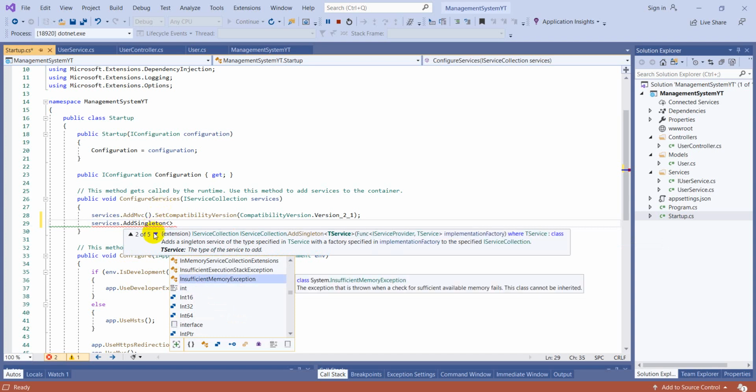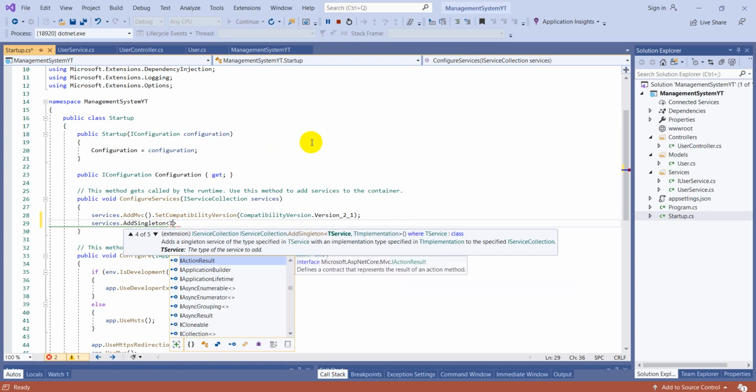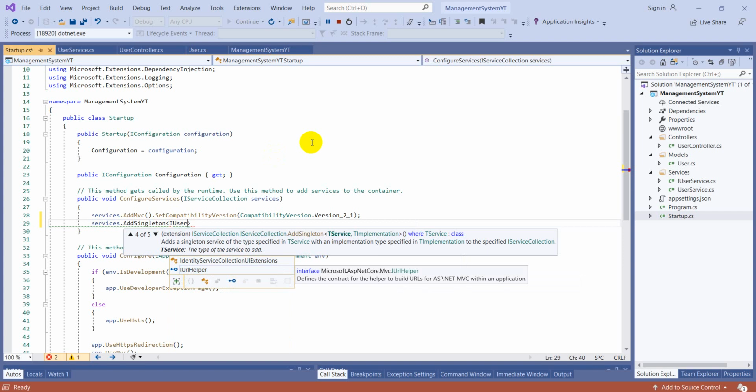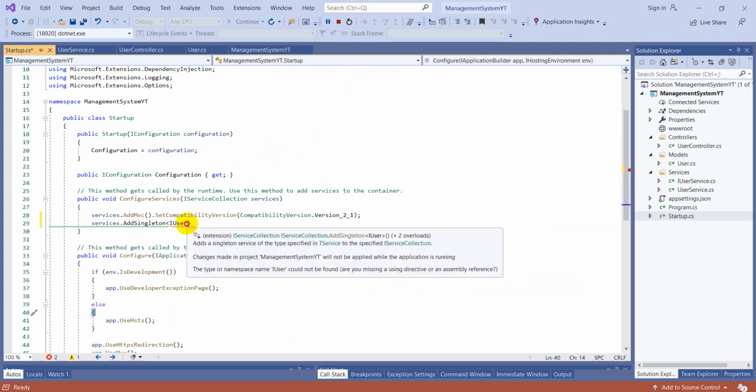You can see this is the service and this is the implementation, right? So whenever I see user service,